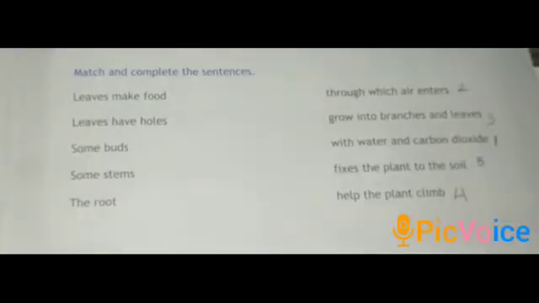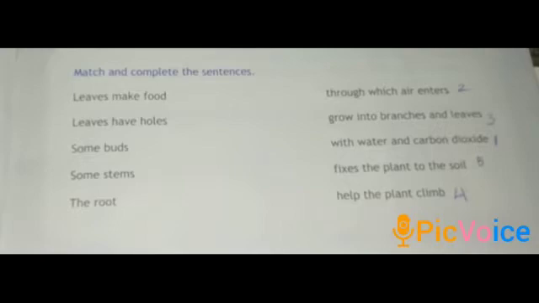Children, all of you take page number 41. Let's do the book back exercise. Match and complete the sentences. First, leaves make food. How do they make food, children? With water and carbon dioxide. Second, leaves have holes through which air enters.